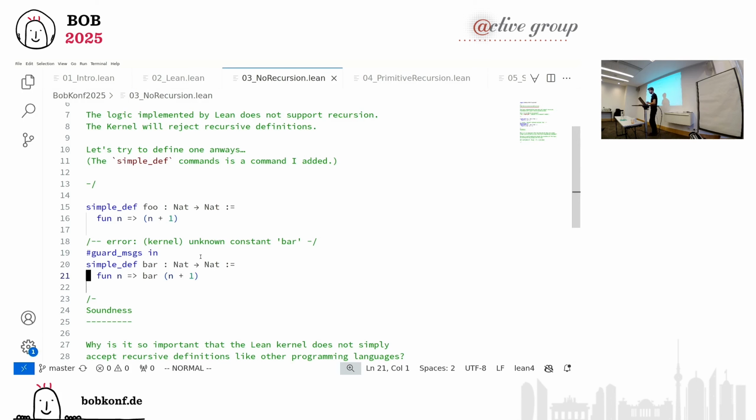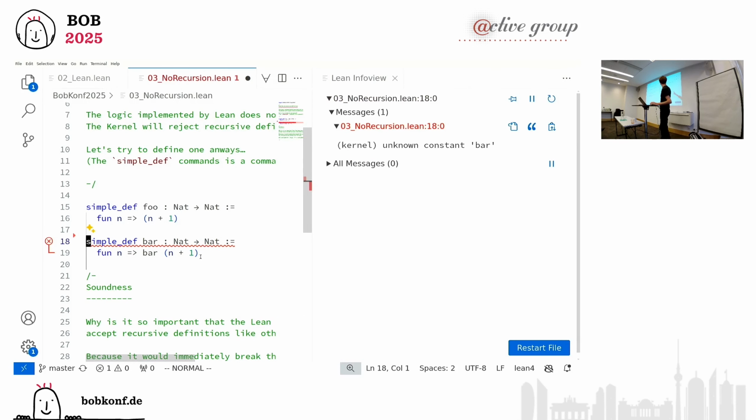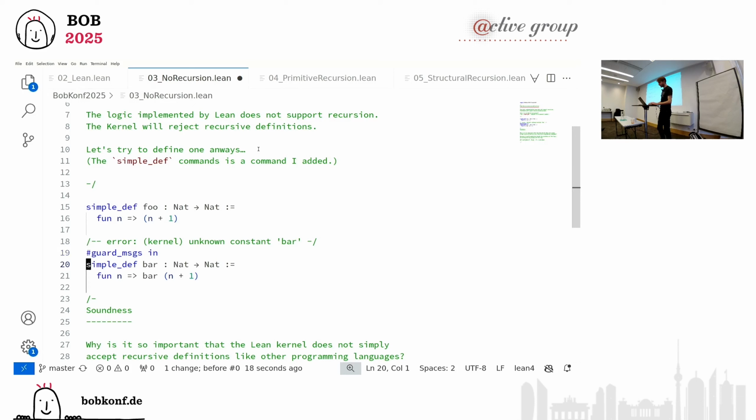it will complain. And actually, this guard_msgs thing, let me just remove that. This is just a way of basically embedding tests into your code, or assertions about the behavior. So if I just write this, I get an error message, and I can look at the info view, and it tells me what's wrong, or I can look at the hover. Often it is very useful to be able to write this guard_msgs here, and this basically asserts that this command has this output, and if the output changes, it will complain, and there's even a code action to update. Very, very convenient to write tests inside your code or just quickly check something. Okay, I went off on a tangent.